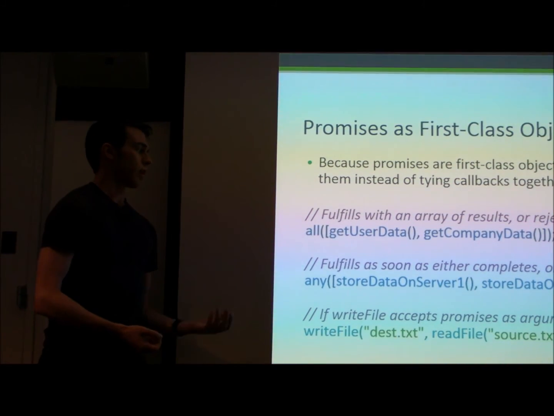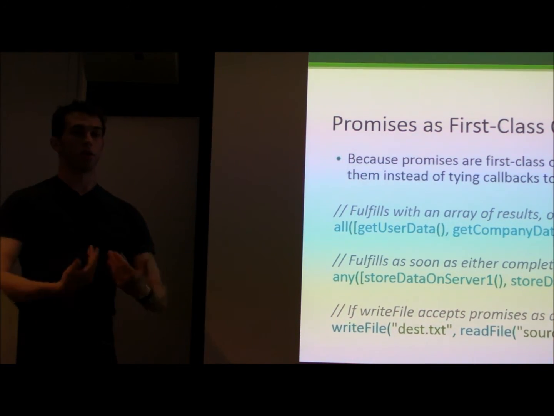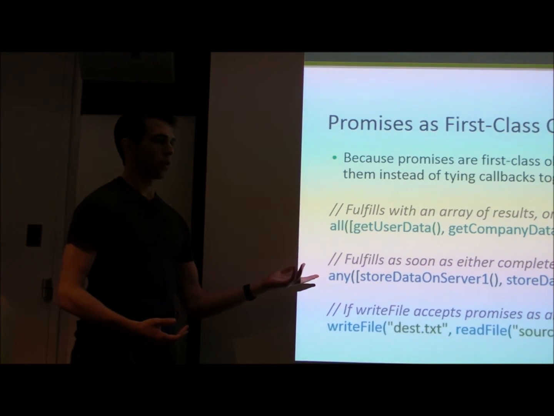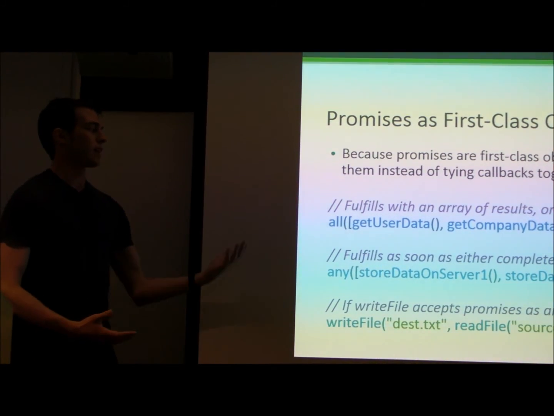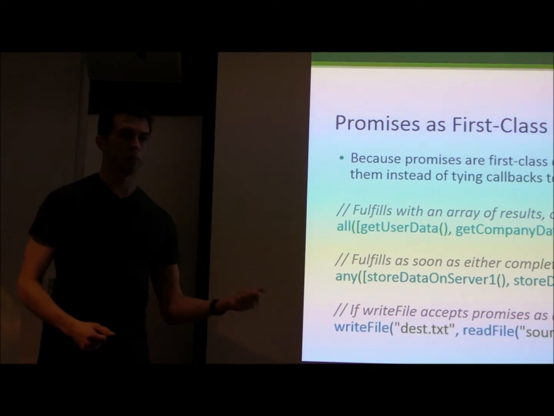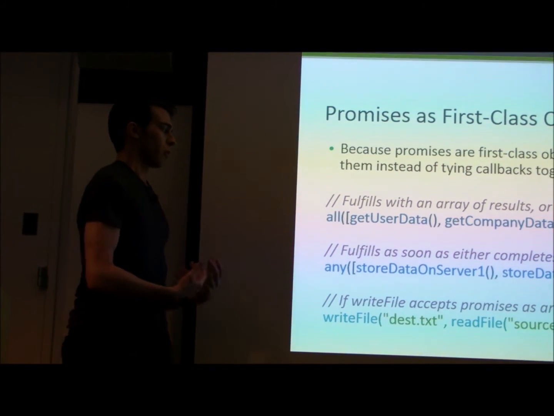Another idea is any, right? So as soon as either of them completes, or if they both fail, then I'll reject with some combined aggregate error. So if you're going to try and do two things at once and just whichever of them finishes faster, let me know. That's the kind of combinator you would want. And you can see, I add a then handler to both of them that has special logic to go up and fulfill my return promise.